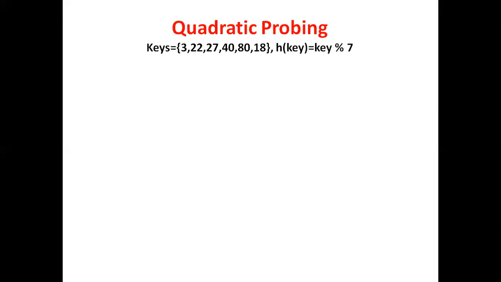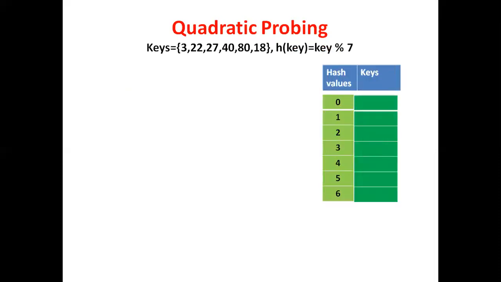Here keys are there, the hash function is there, and the hash table size is 7. So the index starts from 0 and ends at 7 minus 1, that is 6. Here 7 empty buckets are there. The hash functions are h(key) = key modulus hash table size, and hi(key) = (h(key) + i squared) modulus hash table size. Now one by one I want to insert these keys into the hash table by calling the hash function.